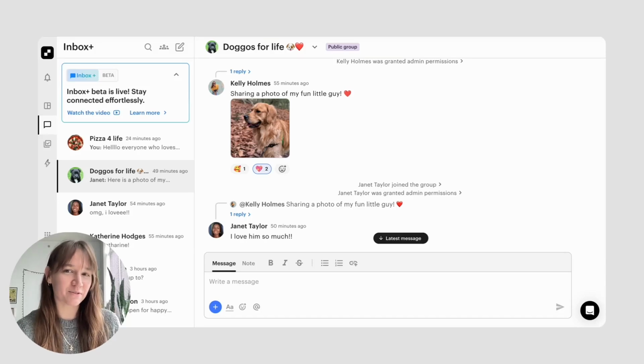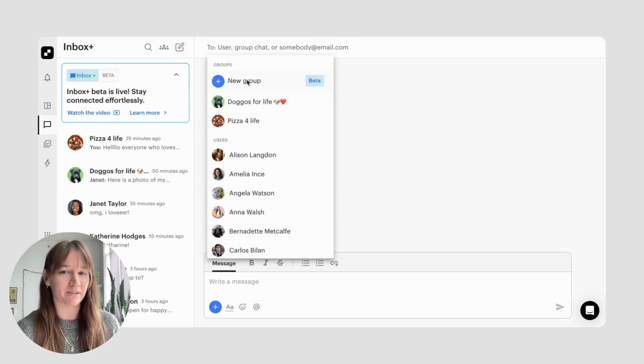We're excited to introduce public group conversations to Optix Inbox. This is a great way to help your users connect and build community right within your app without needing to have another tool. Public group conversations are a super easy way to build real connection among your members,